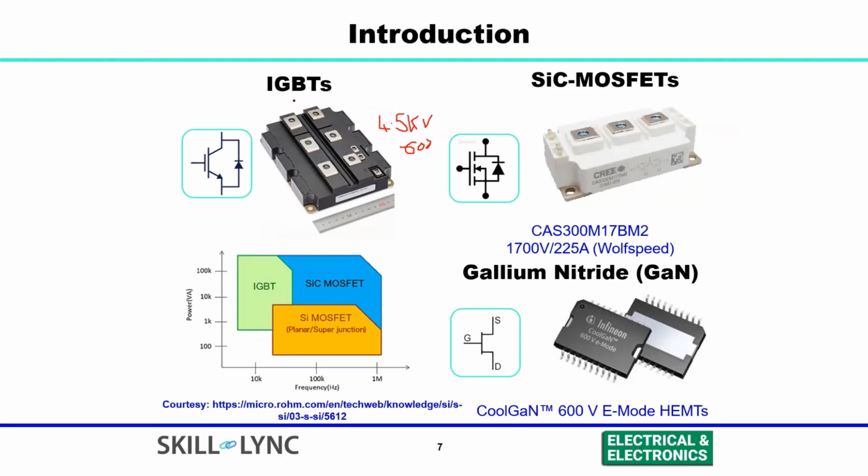How do you select a MOSFET or IGBT? That will depend upon the power and switching frequency. When you go for high power applications, you can go with the IGBT. When you go for high switching frequency, then you can go with silicon carbide MOSFETs. We are going to discuss this in more detail when we get to understanding it in detail in the course. So these are the different kinds of semiconductors that are available in the market.